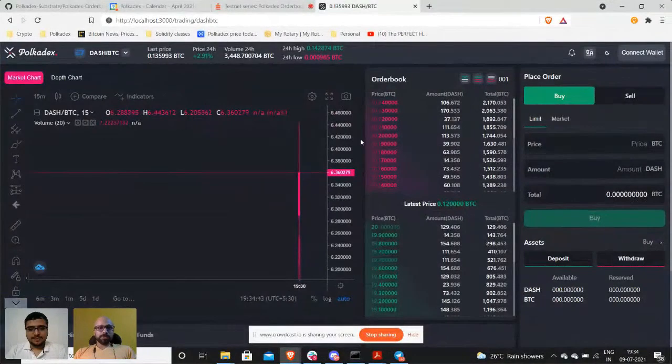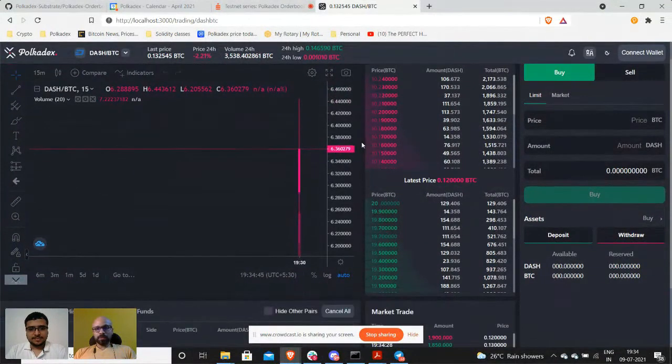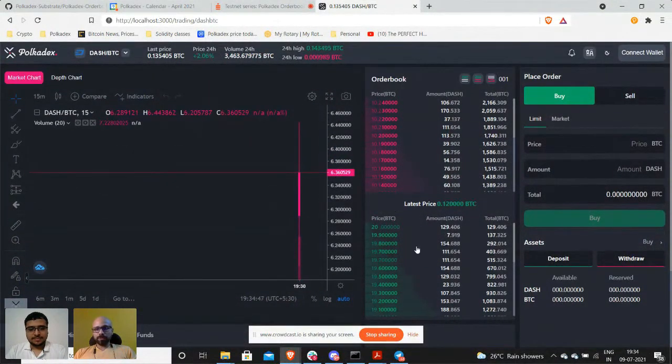Give me a second. Share screen. All right, here you go. So this is the work in progress interface. This is how the interface will look.